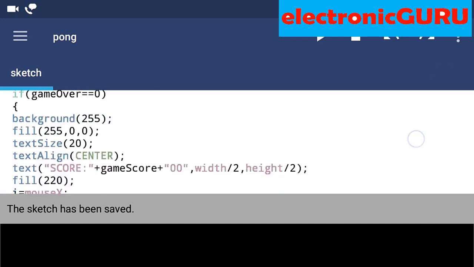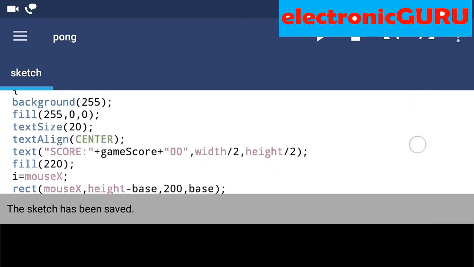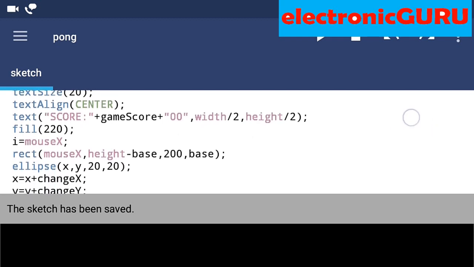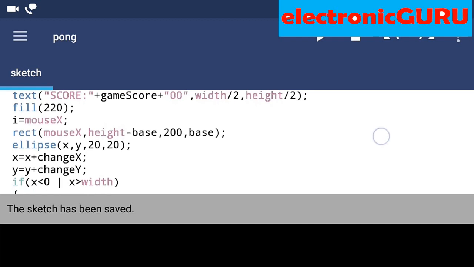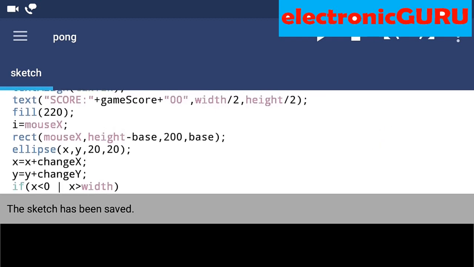After that, background to 55 as usual, then align the text to center and plot the score variable at the center. That's why width by 2, height by 2. So there's nothing new. Then I try to obtain the mouse x variable. Where you put your mouse, it will automatically obtain the mouse variable.